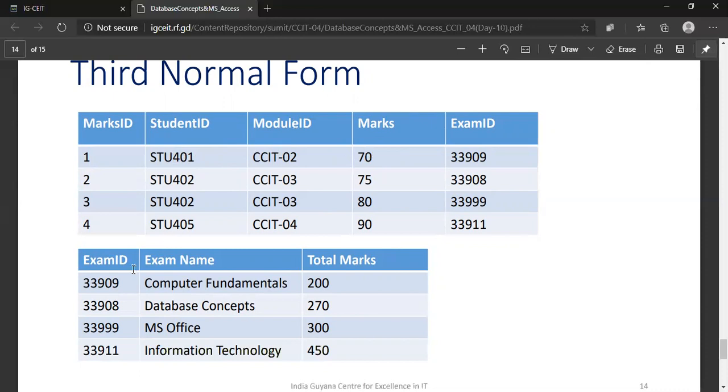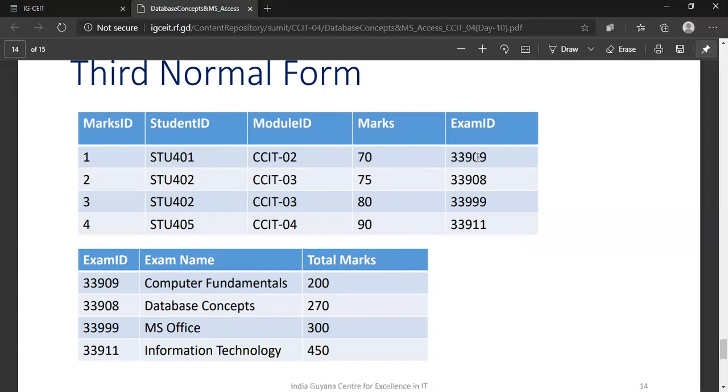And if you see in the below table, we have exam ID, exam name, and total marks. So if I have to see the name of the exam in which this particular student, 401, got 70 marks, I'll see the exam ID.